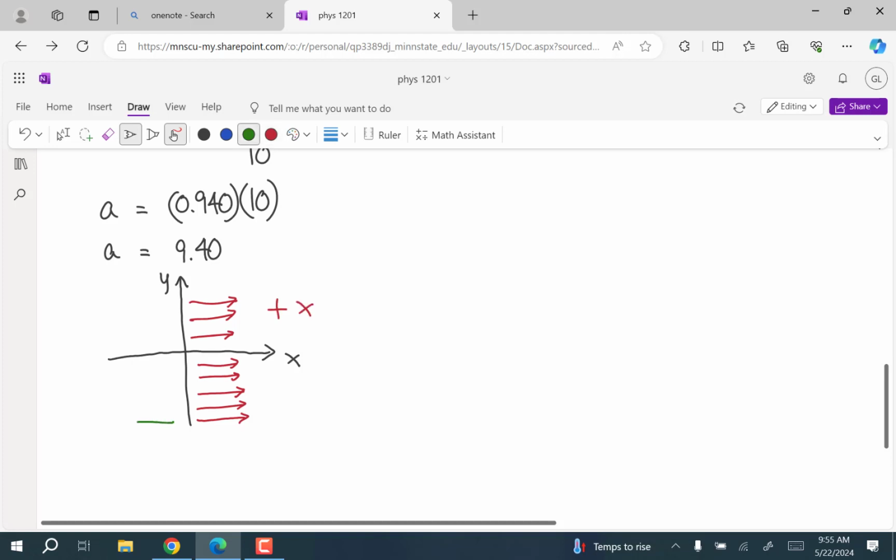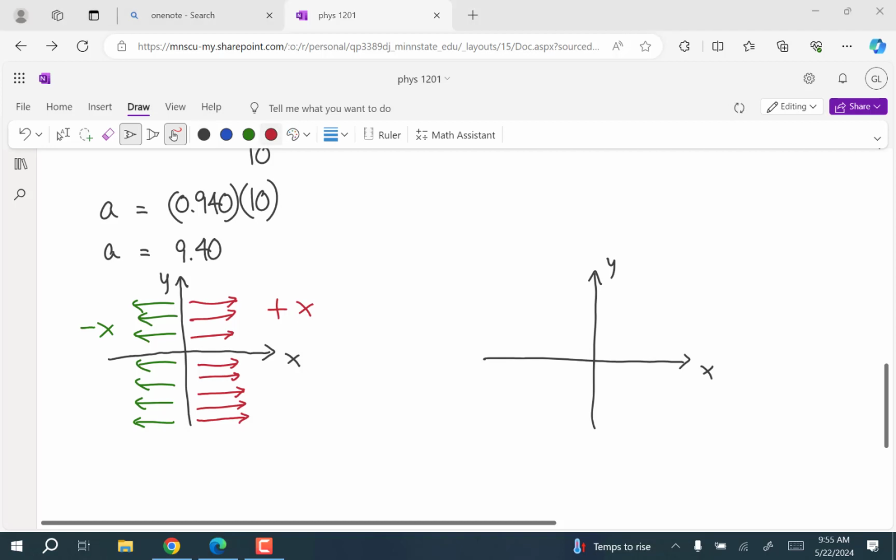And anything over on this side is negative x values. And you can use a similar idea to break up this coordinate system, if this is x and this is y, into positive and negative y values. Anything above the x-axis